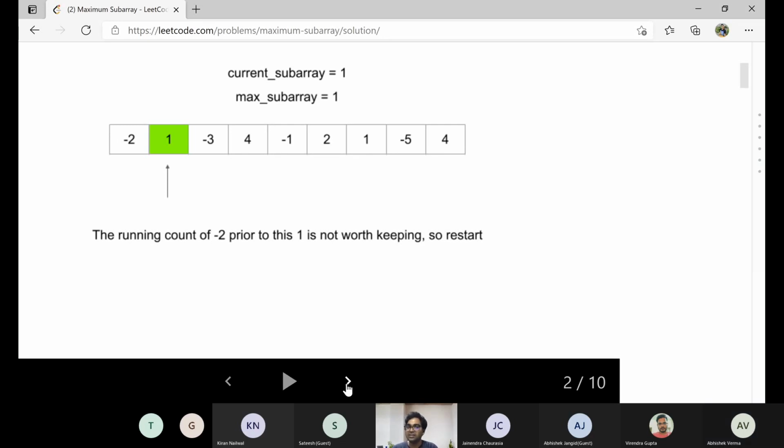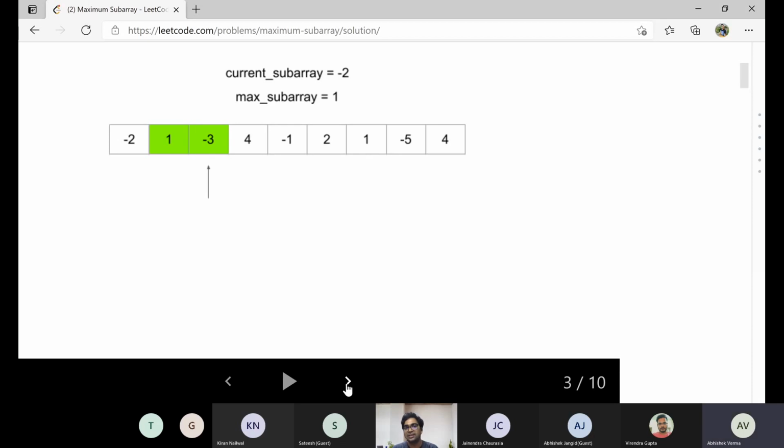But if it is not greater, like -2 plus 1, which is equal to -1, is it greater than 1? No. So we need to change the current subarray value as well as the maximum subarray value. Similarly, if we move next, 1 plus -3 is equal to -2. So the current subarray sum is -2, but the maximum subarray sum is 1 till now.